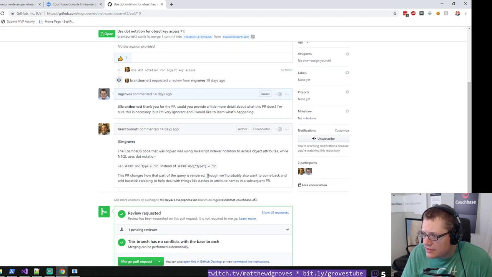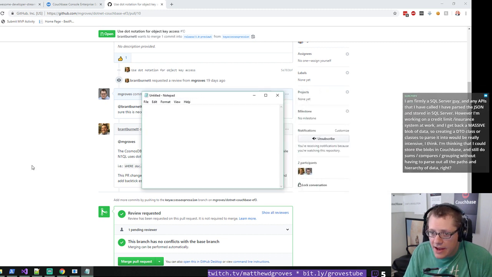The other thing he says, we'll probably also want to come back and add backtick escaping to help deal with things like dashes in attribute names. That is true as well. So in Couchbase, if you have a bucket name of travel-sample with a dash in it, or a field name like foo-bar,